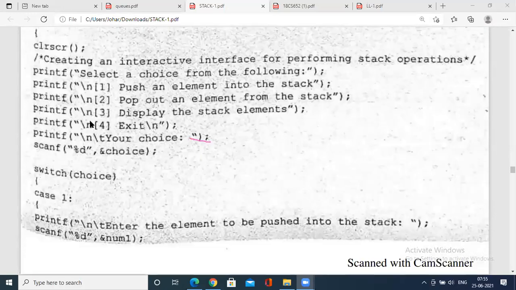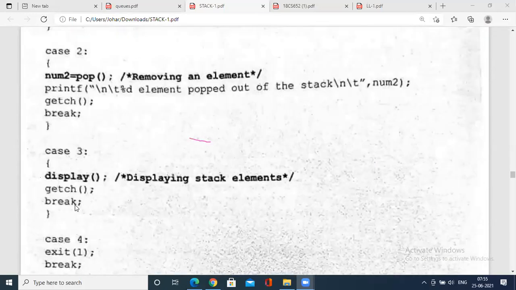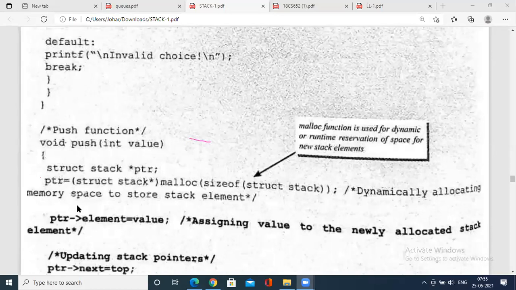Here the skeleton of the statement is the same. You push with num1. What happens when you call a push operation? So let us see. You will create a struct stack pointer called PTR. What is that PTR?